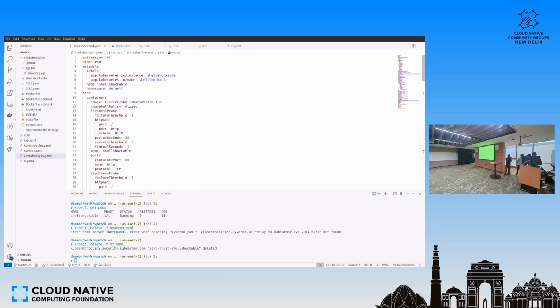So I have a pod here, and I talked about Shellshock. I'm using the shellshockable container, which has certain vulnerabilities. It's a simple Apache web server. So we are serving a simple website which does not do anything. It's just a dumb website showing you certain information. And we are using Apache for that, which is a vulnerable Apache. So if I run a scan on it,